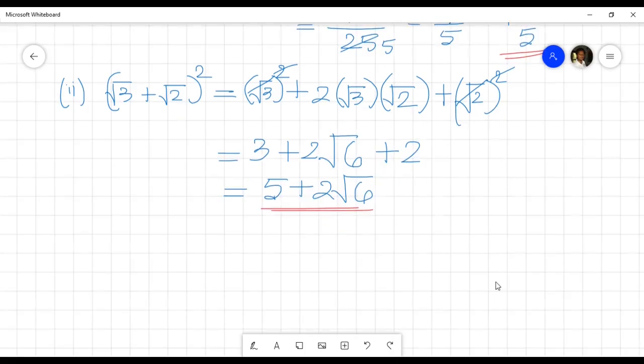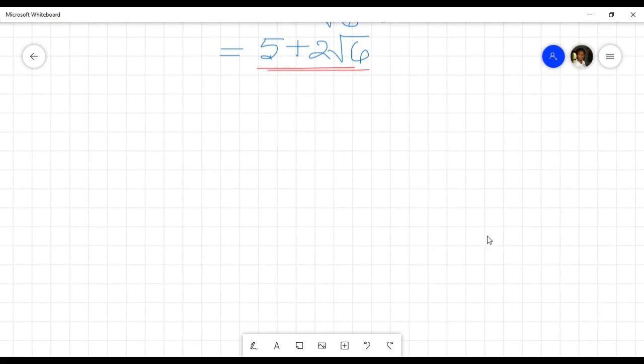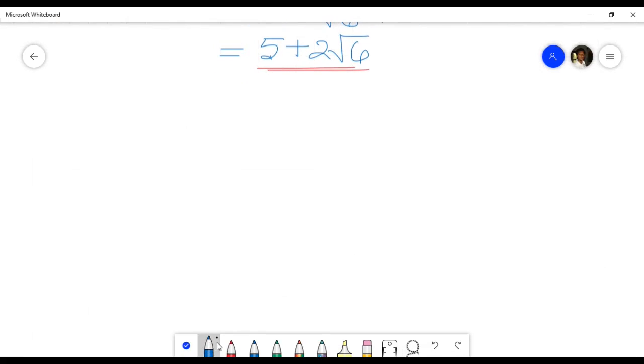I think it's quite easy. You just have to see it again and again to understand and keep practicing it. Let's see the third equation. The third equation is root 5 minus 2. We have to find the square of it, so we write it as root 5 minus